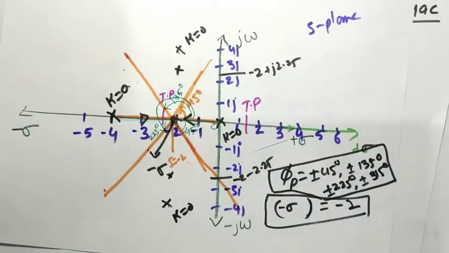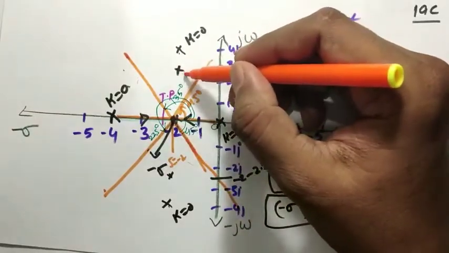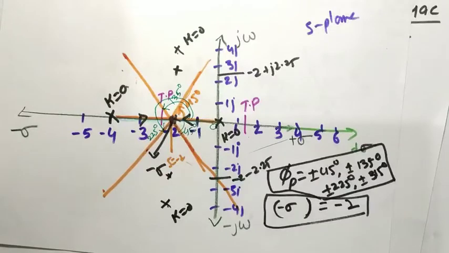Now you see that after we increase the k value, in what direction is this moving? That is also something we have to find. To find that, you have to find the angle of departure. So how are you going to find the angle of departure? I am going to take a sheet here and explain how to find the angle of departure.